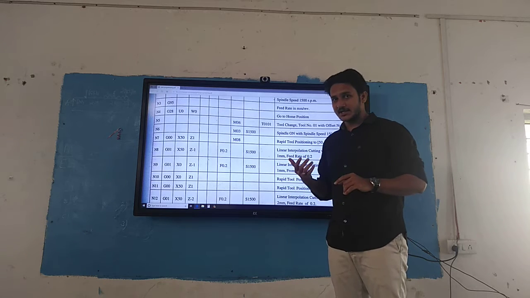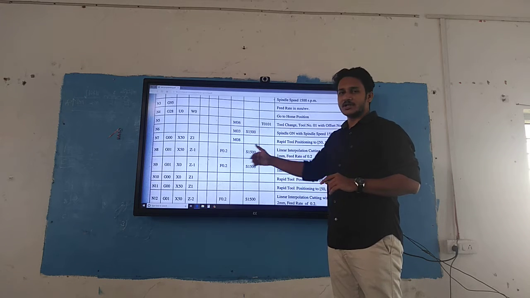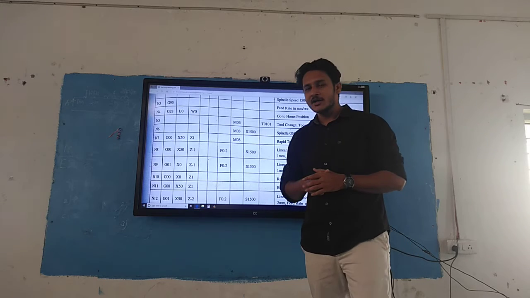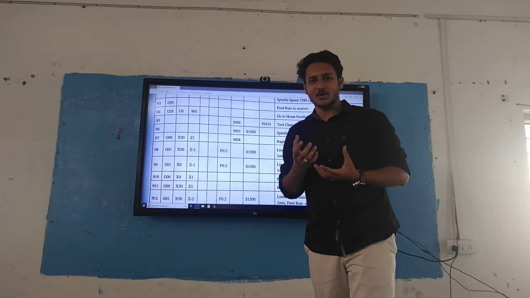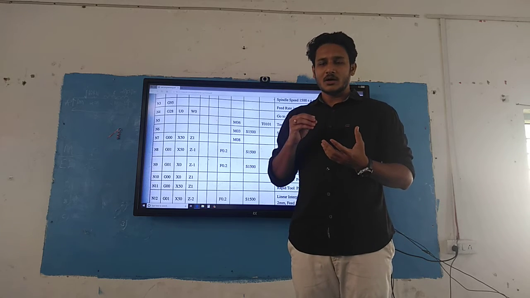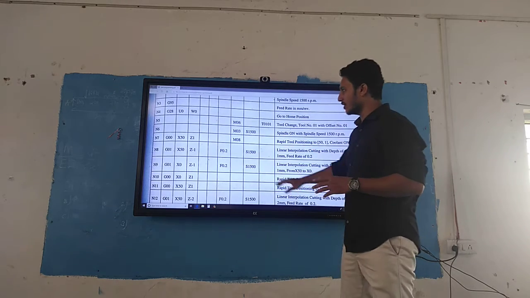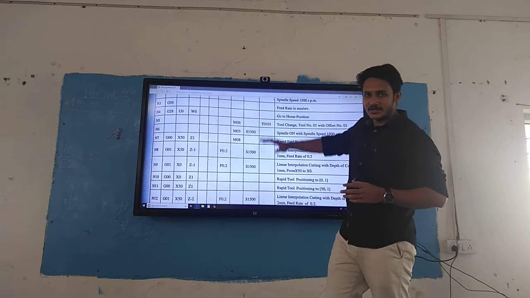I need to on my spindle, so I am going for M03 with a spindle speed of 1500 revolutions per minute. So now for machining operation, my tool movement will start now, right now from here till here.